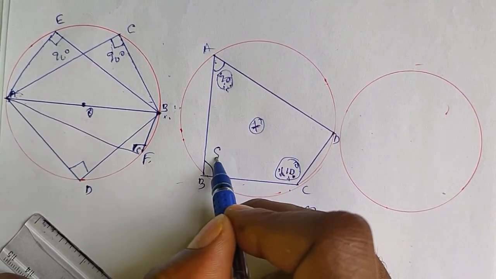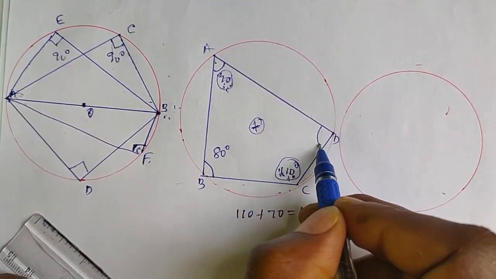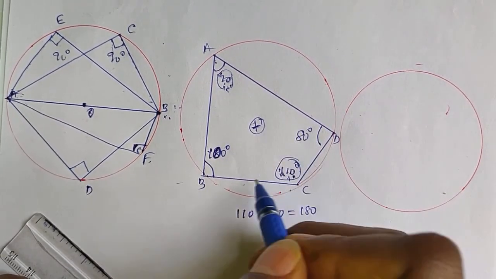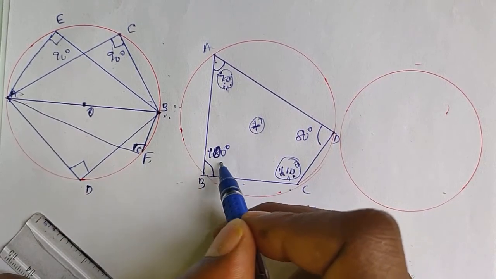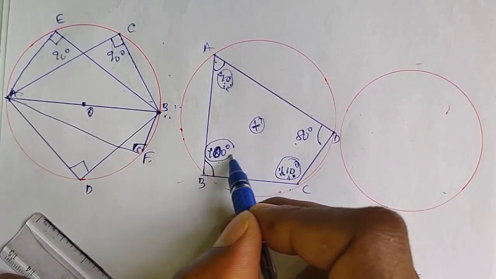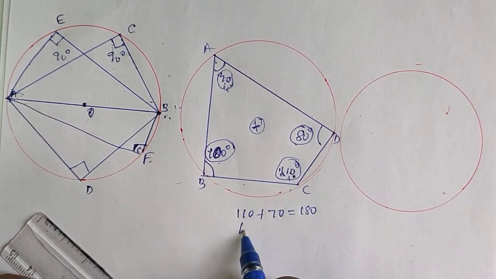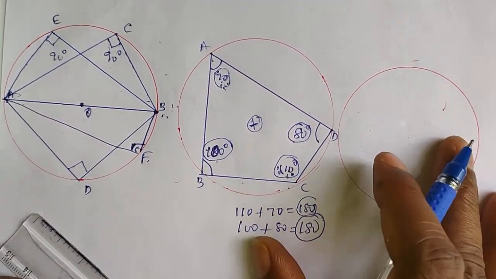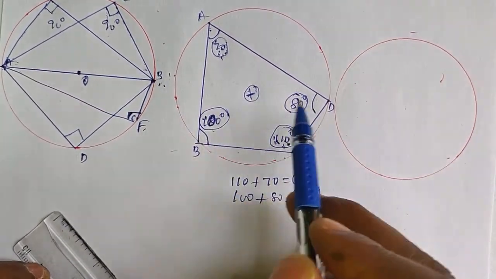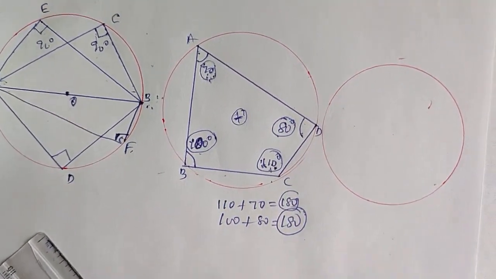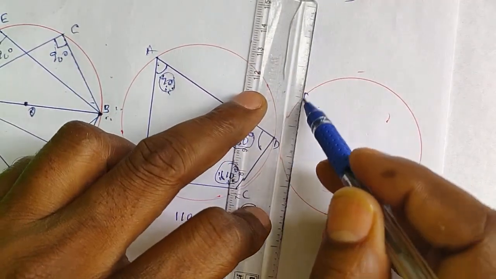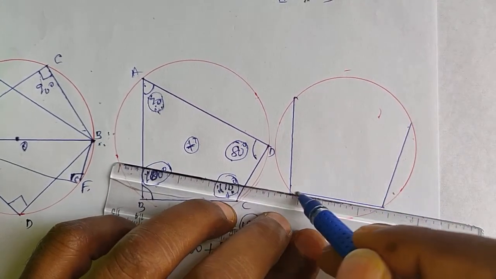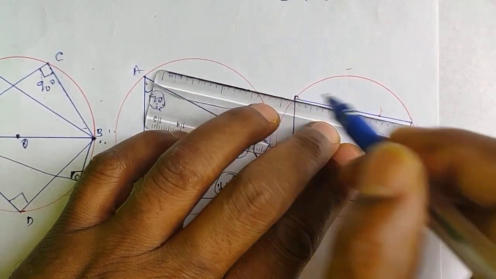Even here also, suppose 80 degrees is given, here we can write 100 degrees, or if 100 degrees is given, here you can write 80 degrees. How come? Here 100 degrees is given, then here 80 degrees, because if you add 100 plus 80, you will get 180. So the sum should be 180 degrees. That is the concept of cyclic quadrilateral. If you add opposite angles, that sum should be 180 degrees. The last theorem out of the 5 important theorems in circles is also based on cyclic quadrilateral only.